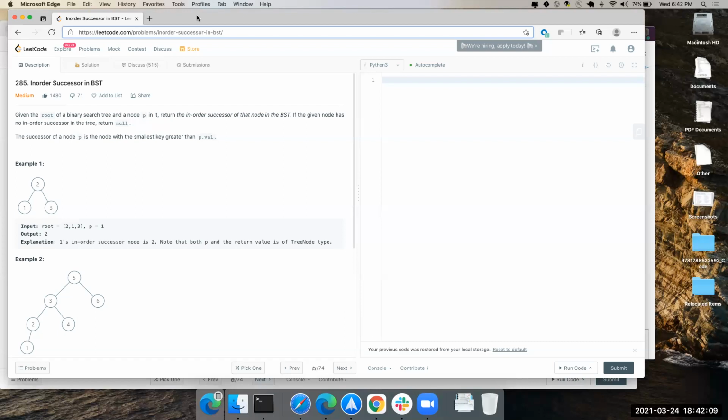Solving with space is just getting the whole in order and then returning. There's one more way, I think. In order successor would mean the next. So that is the brute force solution: do in order and return that.